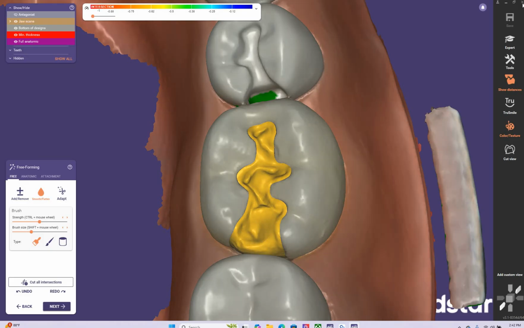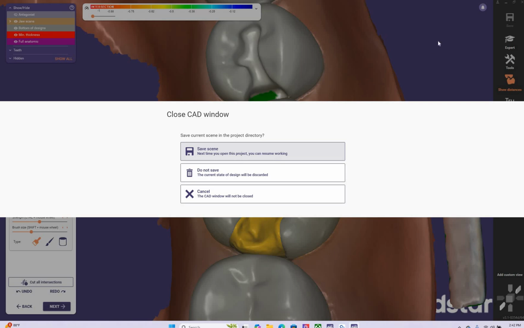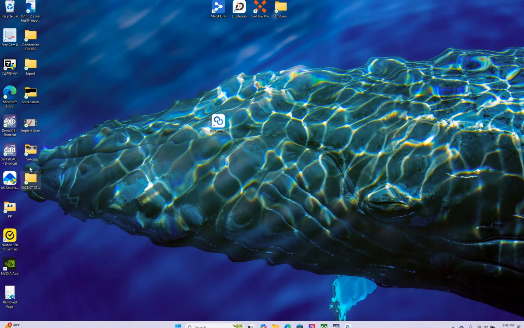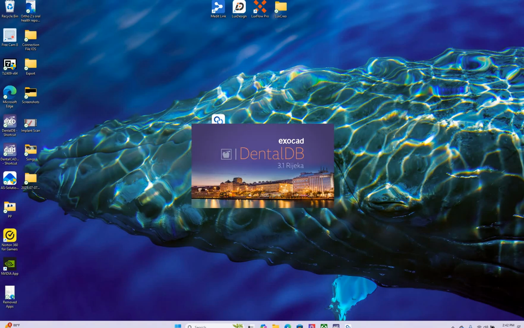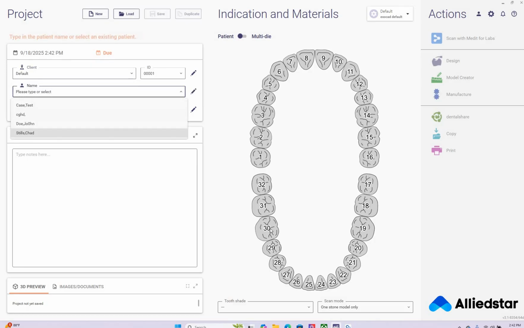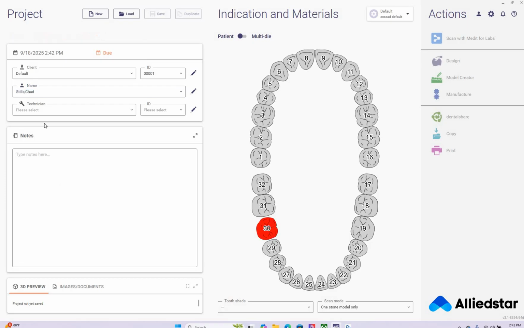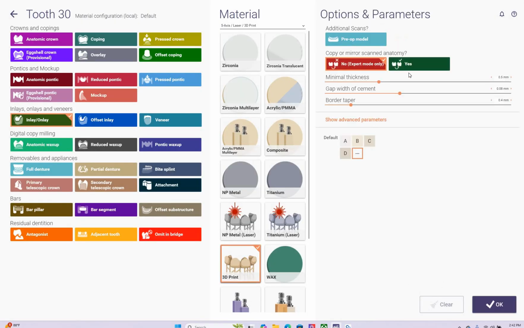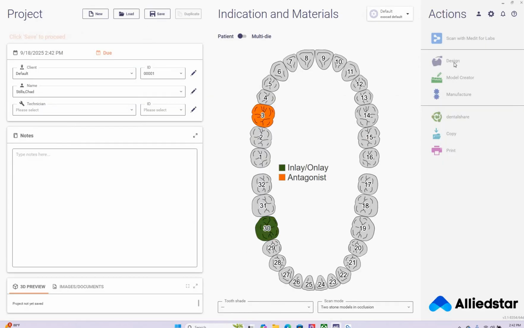So that's one way to get into Exocad from AS Connect, or the other way is essentially you can launch. Actually, I've already exported my scan data out of AS Connect right here. You can launch the DentalDB direct from Exocad, and it just comes into your initial start screen. So from here we can just fill in our patient name, all of this good stuff. Same thing, we're going to declare number 30 as an inlay-onlay, say we're going to 3D print it, click OK,